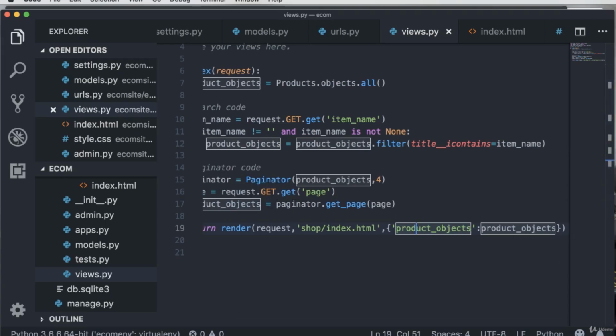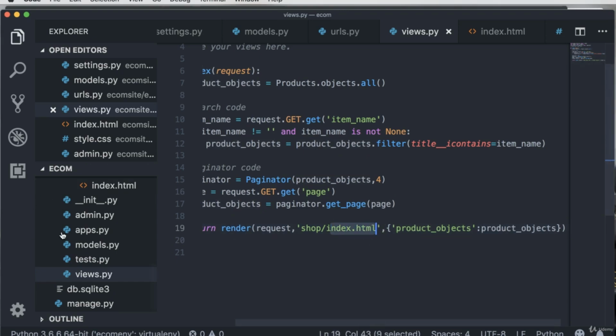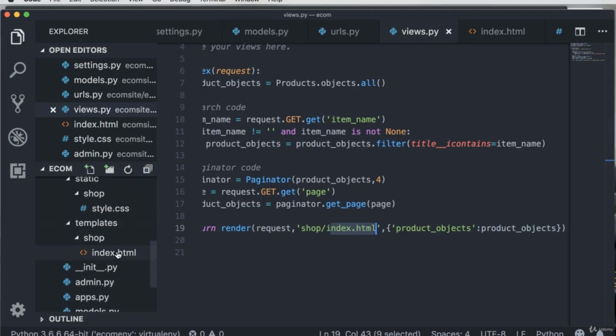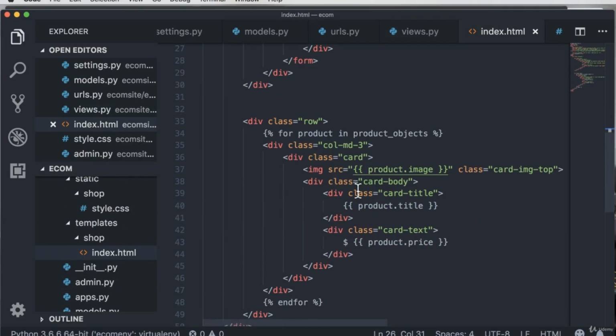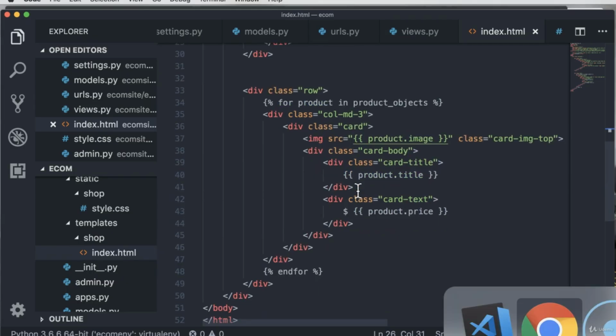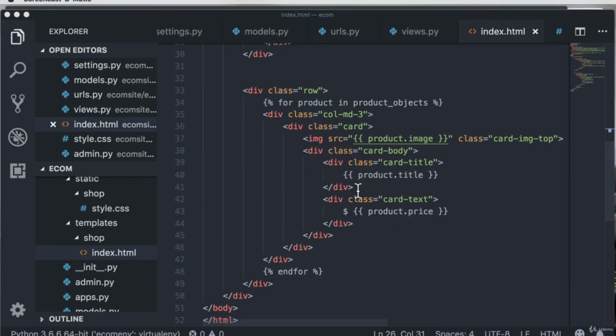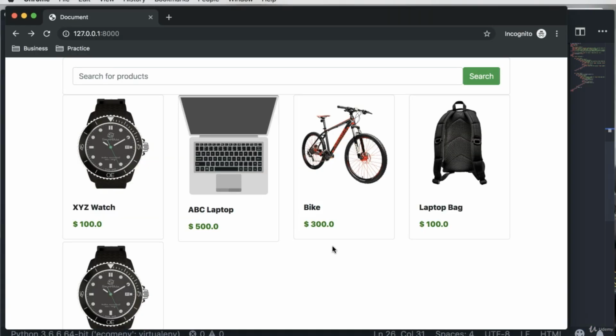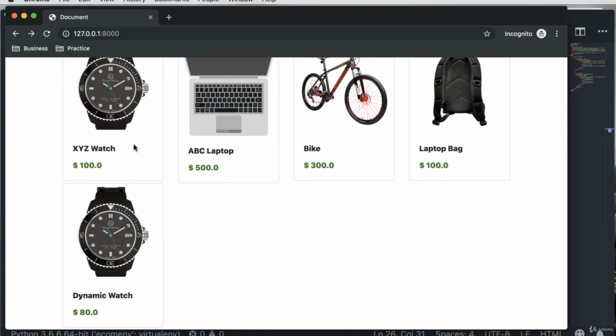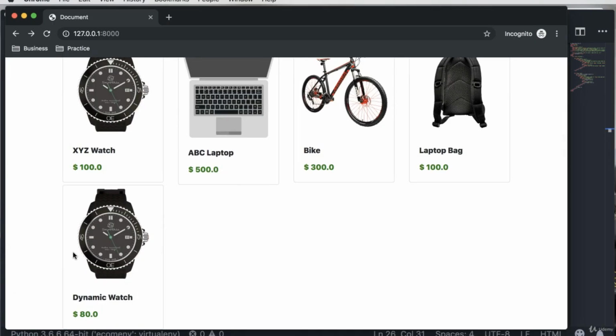So once we do that, now we need to go ahead and make a few changes in the template, which is the index.html template. So let's hop back to the index.html page, and in here in the index.html, we wish to add the paginator buttons, that is the 1, 2, 3 and 4 number of pages which we have. So if you actually switch to Google Chrome, as you can see here we have our products,